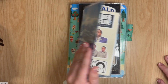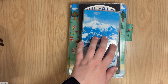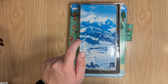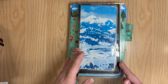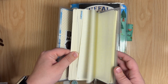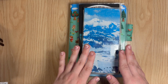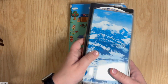So I got a Hobonichi Weeks. This is like the third year I have tried to use a Hobonichi Weeks for work, and it doesn't work. And I think I finally have cracked the code why, and you'll see in just a second. But I can't even really show you much in here because I have my students' names, but it's just too much right now, and I just couldn't really do it,